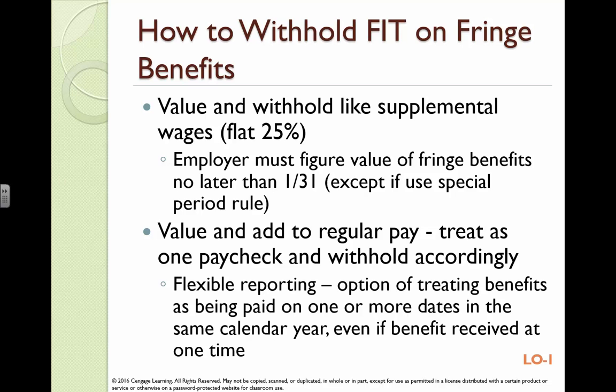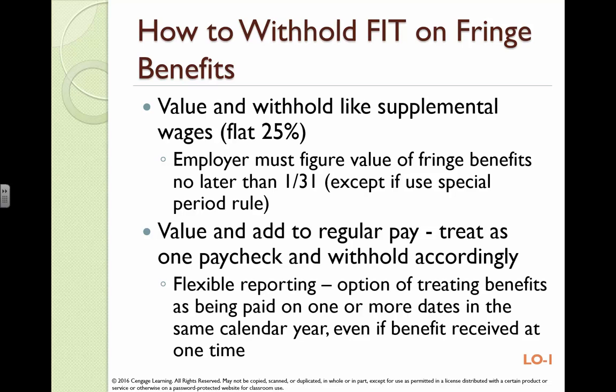Okay, so how do you take tax out of these fringe benefits? Let's go back to the example. And again, they're not huge numbers in Missoula, Montana. I think it's $5,000 a year to belong to Missoula Country Club. But if you go to Pebble Beach, you're going to pay $70,000 a year to belong there, right? So how does your employer get tax out of your fringe benefit? Because it's not a paycheck thing, is it?